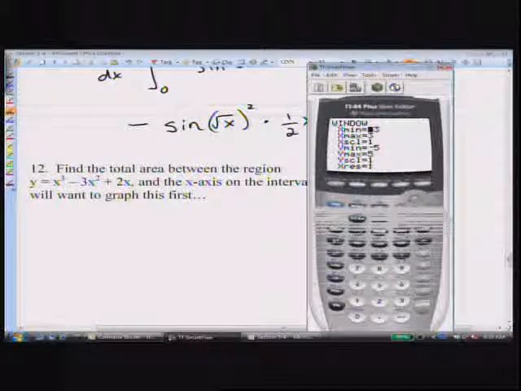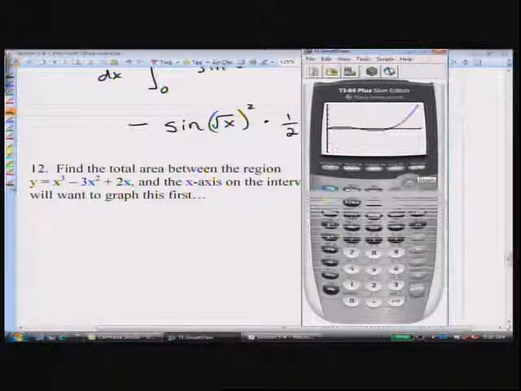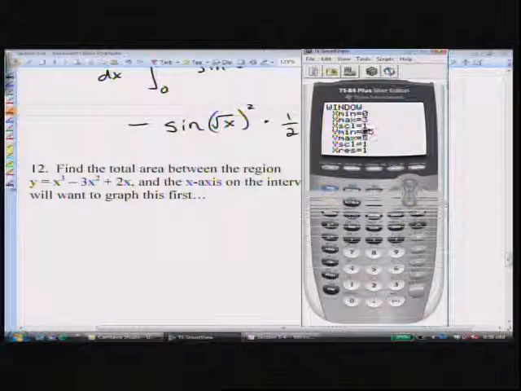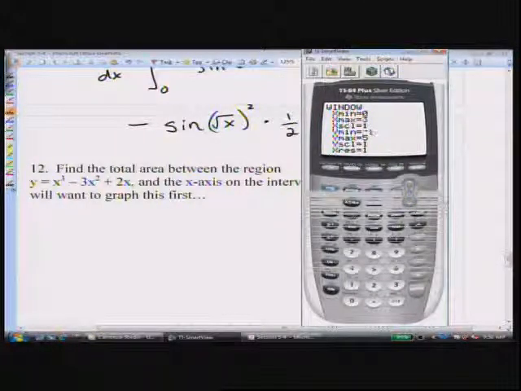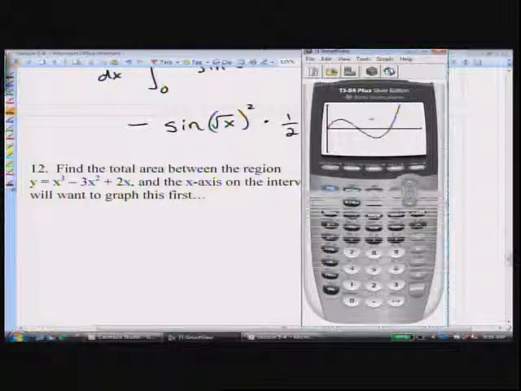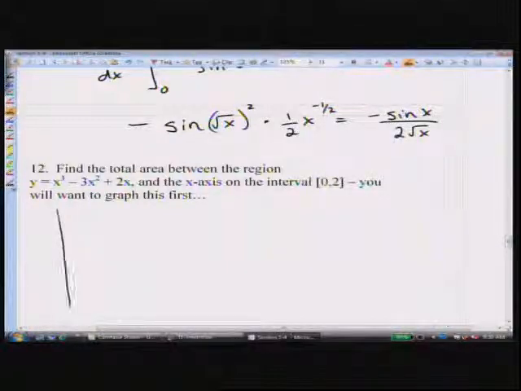So I'm going to change my window to 0 to 3, which will probably be okay. I'm going to change my y max. I'm going to make these smaller. I'm going to go from -1 to 1. So weird how this gets funny. Okay. Now on the interval from 0 to 2, so I'll pull this over. No, it probably won't show up. Okay, so on the interval from 0 to 2,